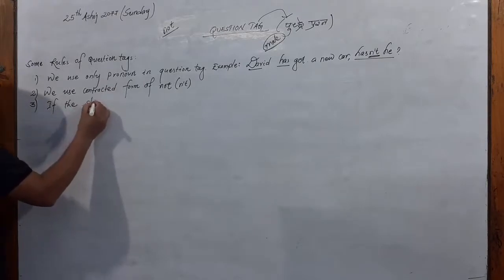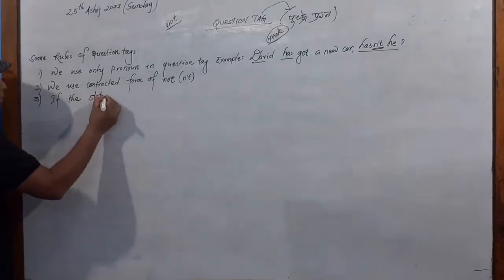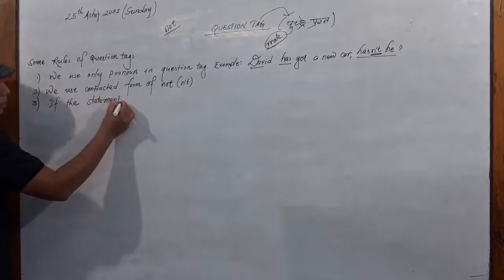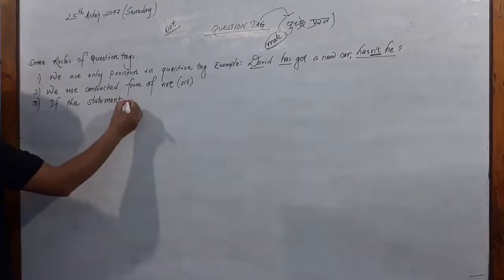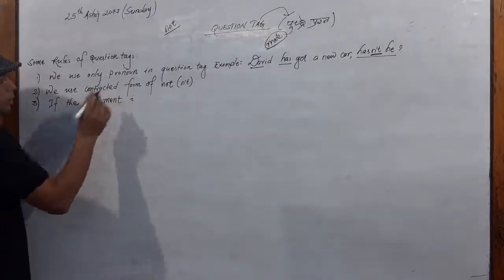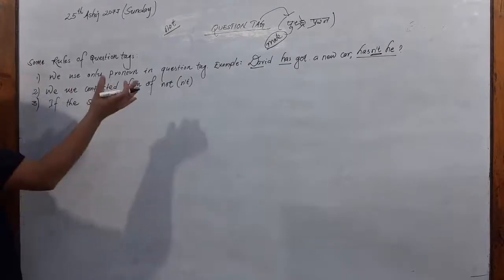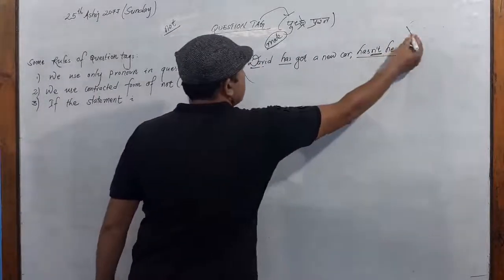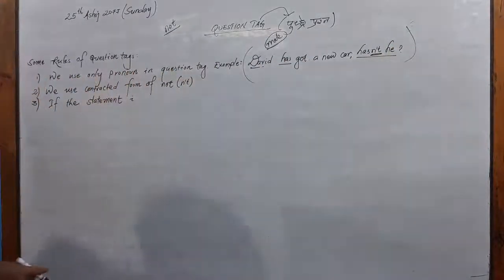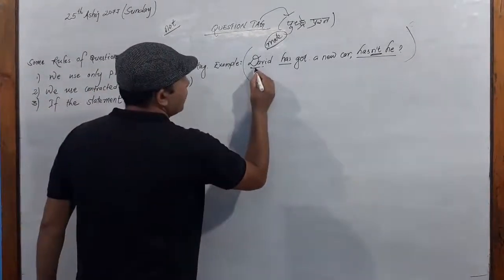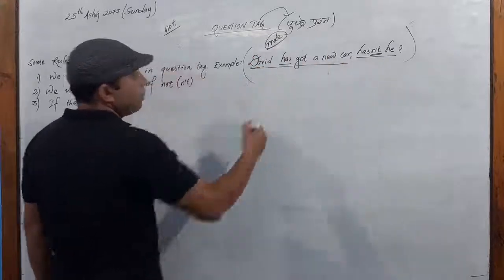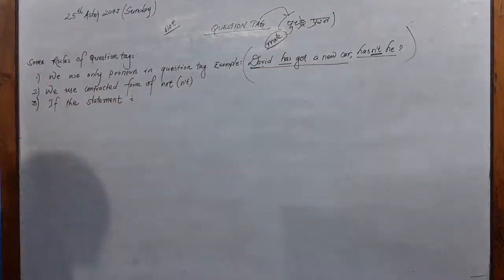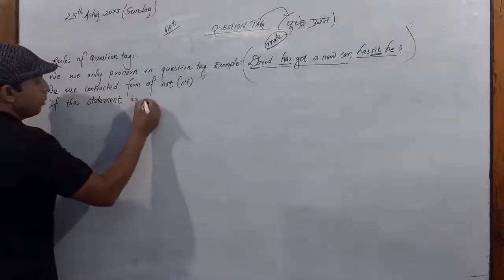If the statement is, remember what is a statement? Statement is the main part of the sentence. Okay, this is the whole sentence, and this is the statement, also called the main part of the sentence. Okay, the statement is positive,